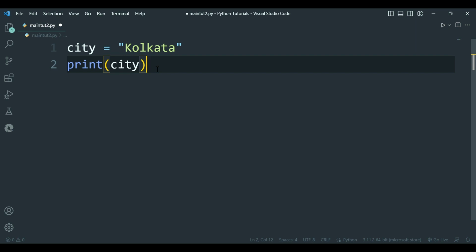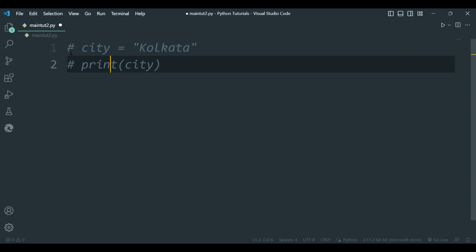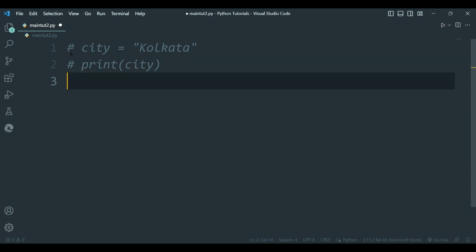One more thing that I want to tell you is that it's a feature about the print function. So let me just comment out this. Okay. Now you might think, what is commenting out? Well, if I place a hashtag in front of an instruction, it becomes a comment, and that thing is not executed. So we'll learn about this later in our videos. Let's focus now. So let me create one more variable named